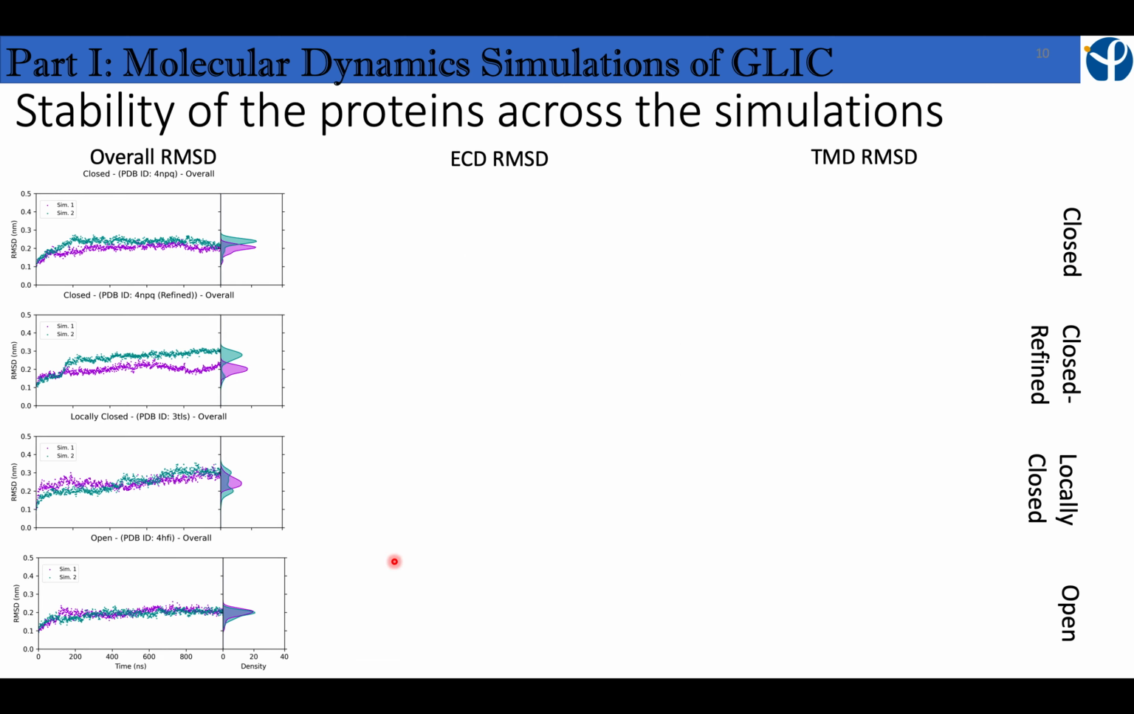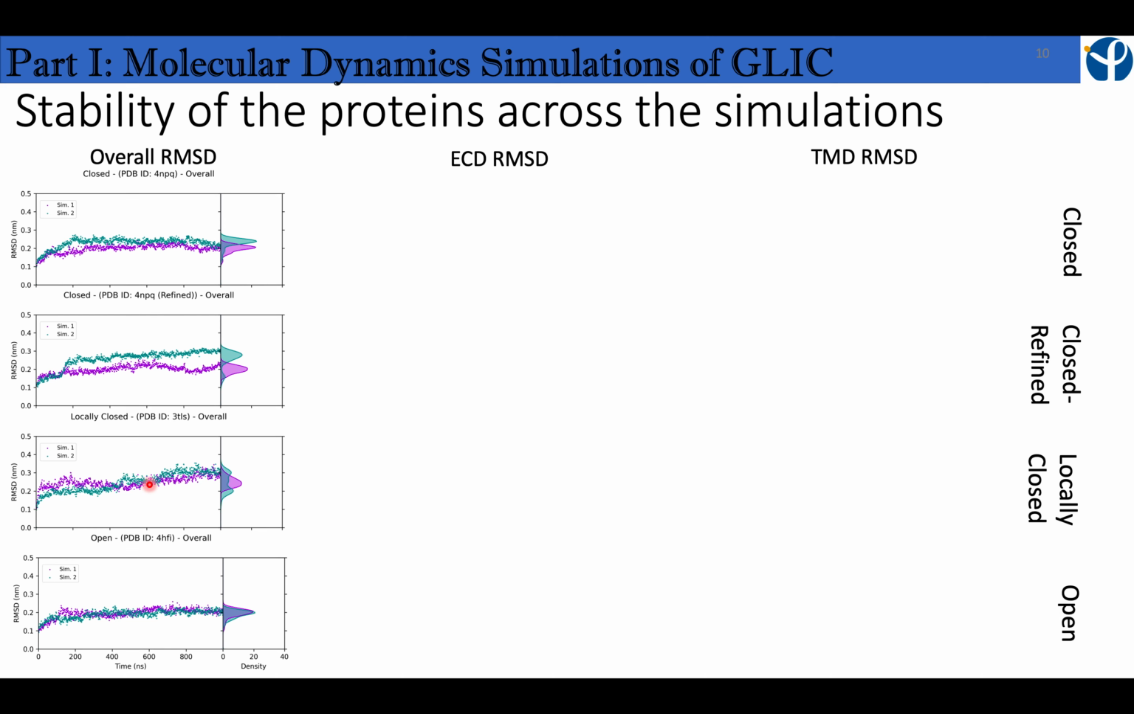Now I would like to show you a general parameter which is used to assess the stability of proteins. As you can see, I am showing here on the left column the stability of the proteins with RMSD in closed, locally closed, refined locally closed, and open state. So now we can see, first of all, the open state is relatively stable compared to the others. And additionally, we can see that the refined structure has some fluctuations in one simulation in particular,